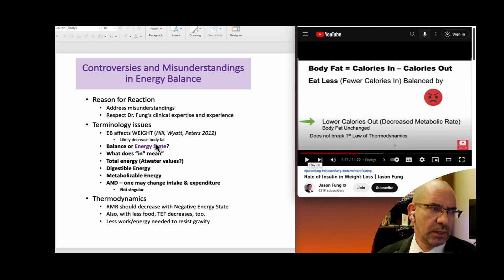One of the things too is energy balance affects weight. And one of the papers he's going to talk about soon discusses this, looking at it from the standpoint that typically you lose fat-free mass, or lean body mass, as well as fat mass. So to say it's just body fat is, I think, a misnomer and a miscalculation. Decreased carbon-containing foods that have energy attached to them is going to lead to weight loss.